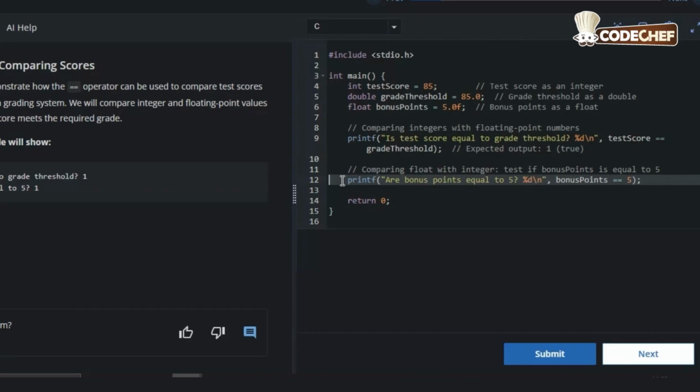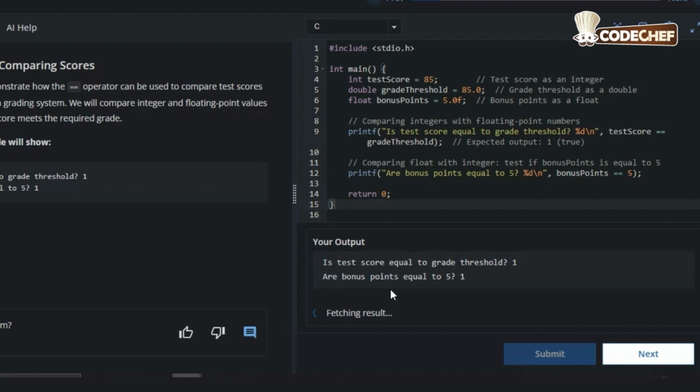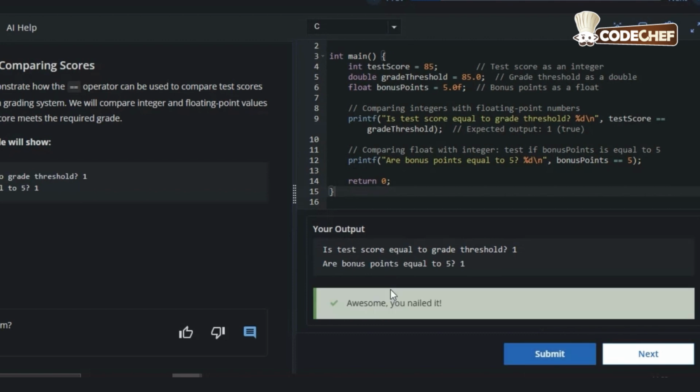So what happens here is C converts it, and since they are equal, the value returned is 1. And let's try submitting the program, which gives us an output that test score equal to grade threshold is 1 and our bonus points equal to 5 is also 1, which means both the comparisons are true.